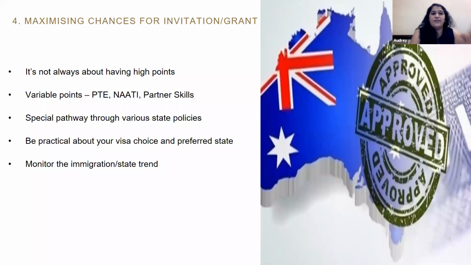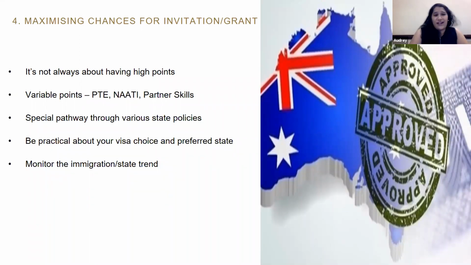Another way, special pathway through various state policies. Like I told you, the 6 states and the 2 territories in Australia, they have their own guideline, they have their own requirement and policies, right? So you need to know all these different policies to see which one you can leverage on, okay? One of the policies that I always like to leverage on is South Australia under the 95 points high category, okay? So whenever I see my client coming with a very competitive occupation, and I see there's so much competition, I try my best to see how I can push them to become 95. That's just one way. There are many other ways as well.